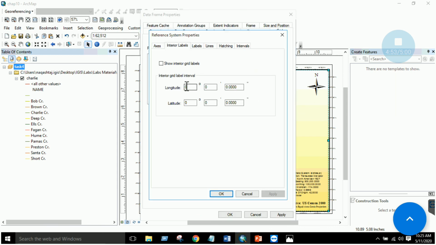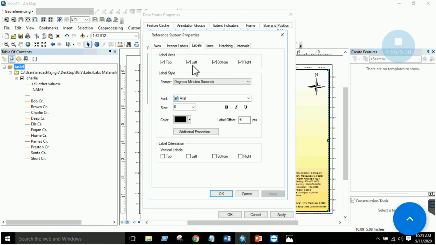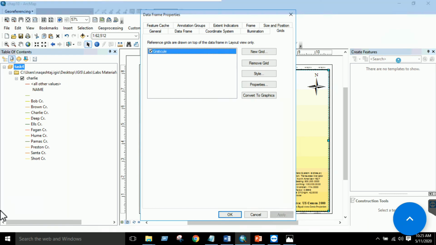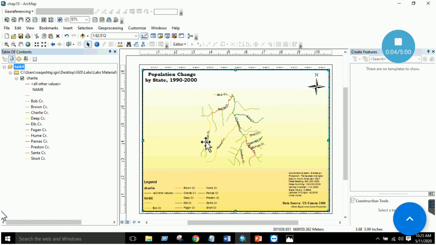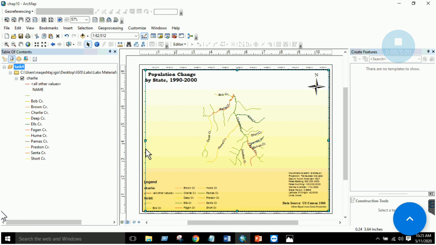Go to the properties section, and in the label section, uncheck left and right, click OK, and click OK. So you will have your labels displayed over here. Here you can see that you have the labels on top and at the bottom.